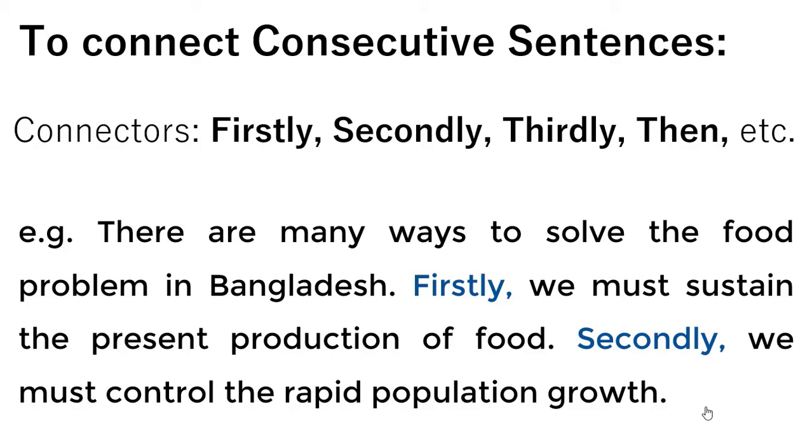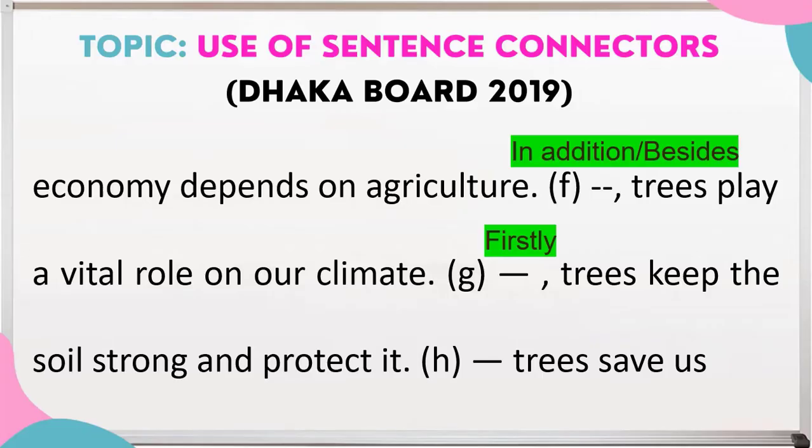For example, there are many ways to solve the food problem in Bangladesh. Firstly, we must sustain the present production of food. Secondly, we must control the rapid population growth. Question H. Trees save us from flood and many other natural calamities. So again, this sentence of question H indicates consecutiveness. So here, secondly,